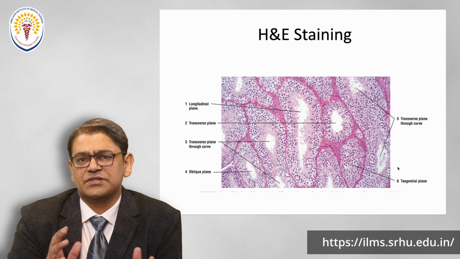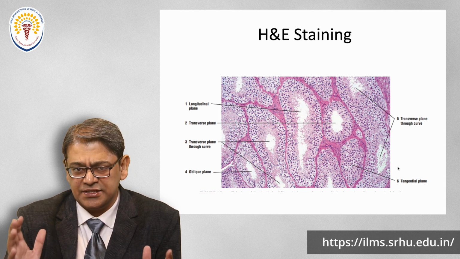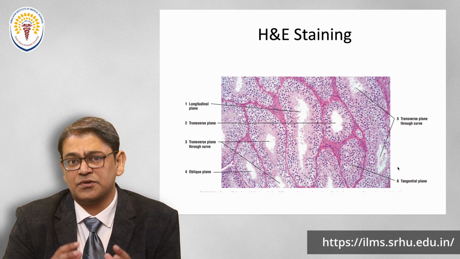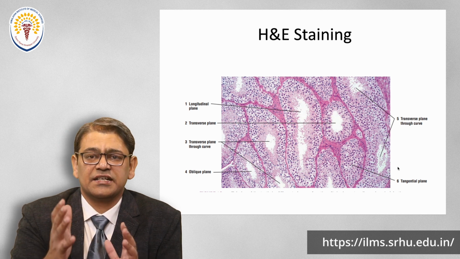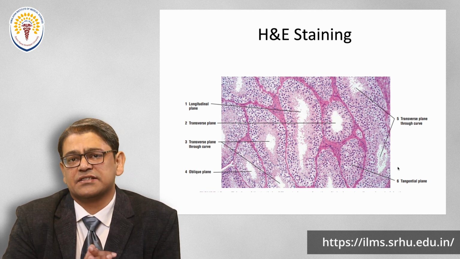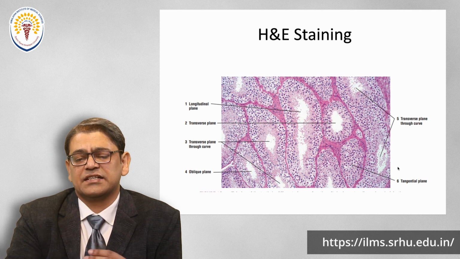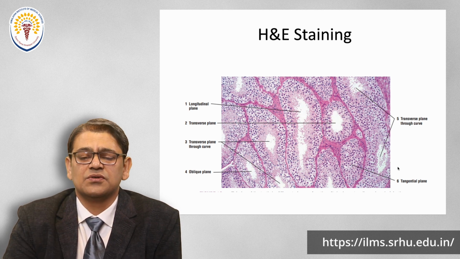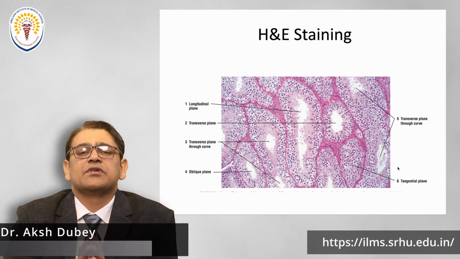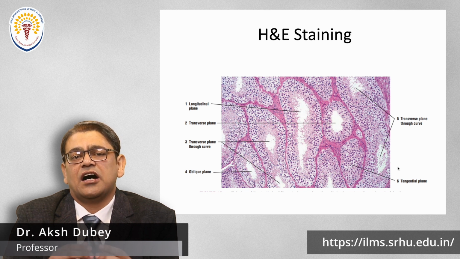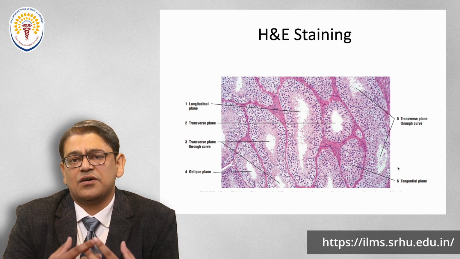Sometimes there are multiple tissues present in a single tissue, or there is a group of cells inside which are arranged in different dimensions, and that gives different orientations in one section. So by all these techniques you have a clear-cut idea how the cells and tissues are arranged